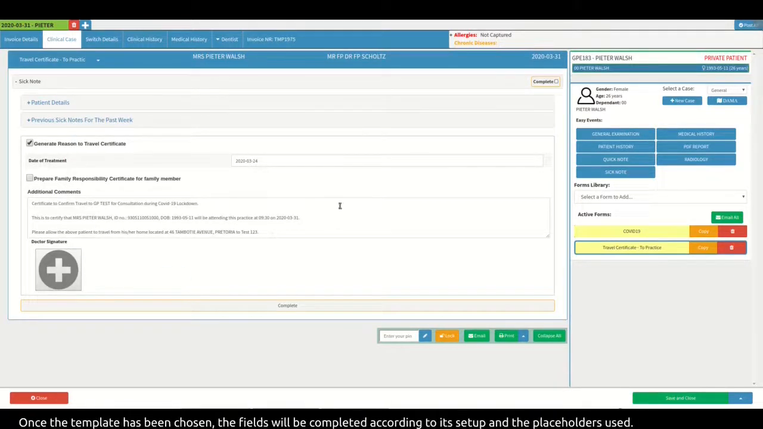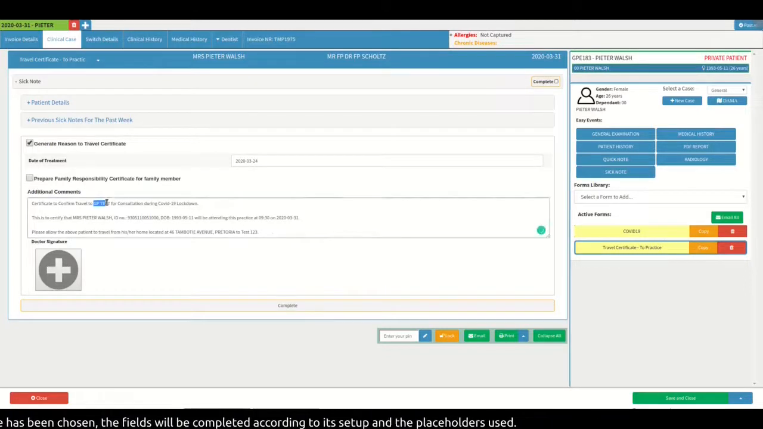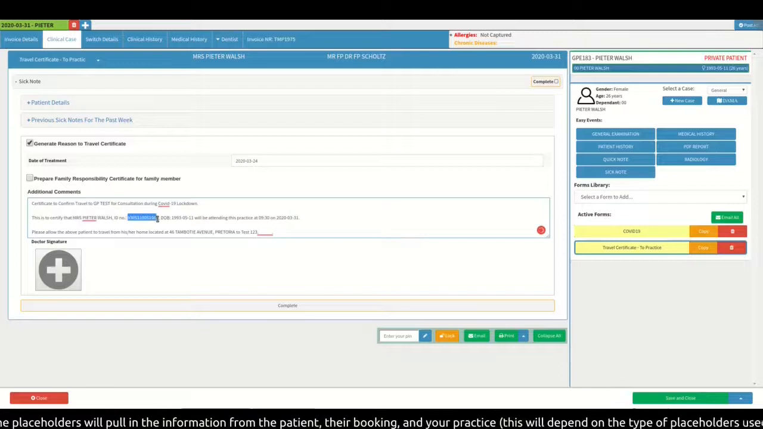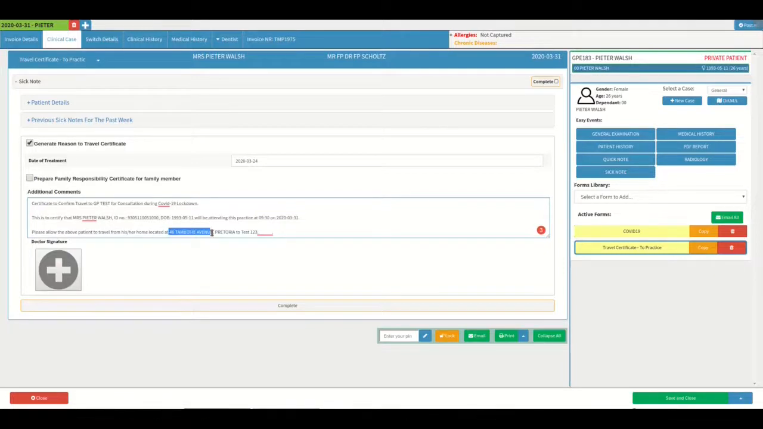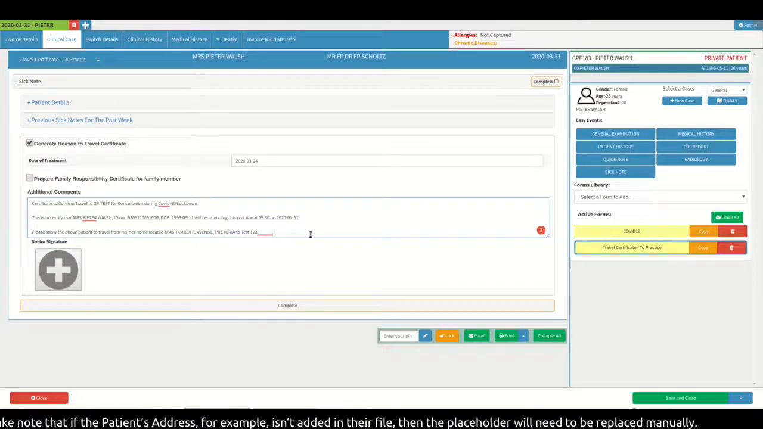Once the template has been chosen, the fields will be completed according to its setup and the placeholders used. The placeholders will pull in the information from the patient, their booking, and your practice. This will depend on the type of placeholders used in the setup. Take note that if the patient's address, for example, isn't added in their file, then the placeholder will need to